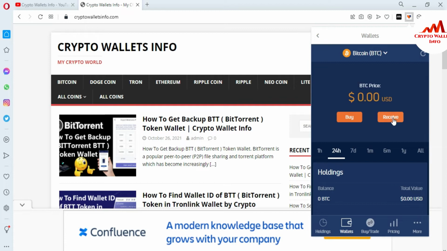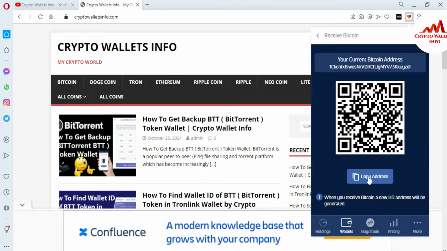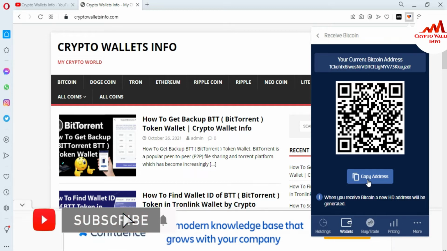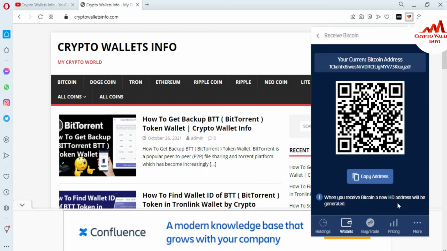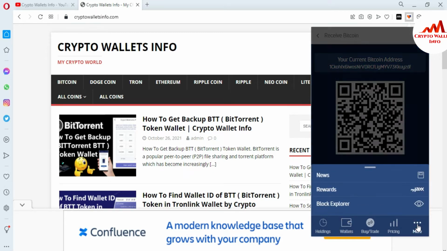Let's suppose I click on receive. I have not made any transaction on this wallet, and I'm going to check what result is shown after I enter this wallet address in the Explorer. So you click on more. You can see the more button. After that, the third option is block explorer.